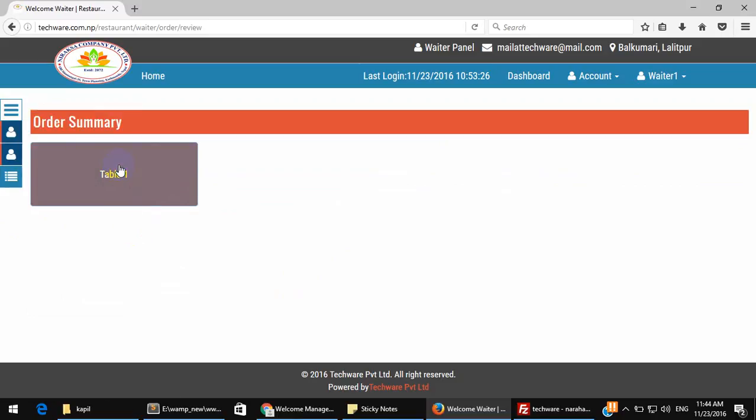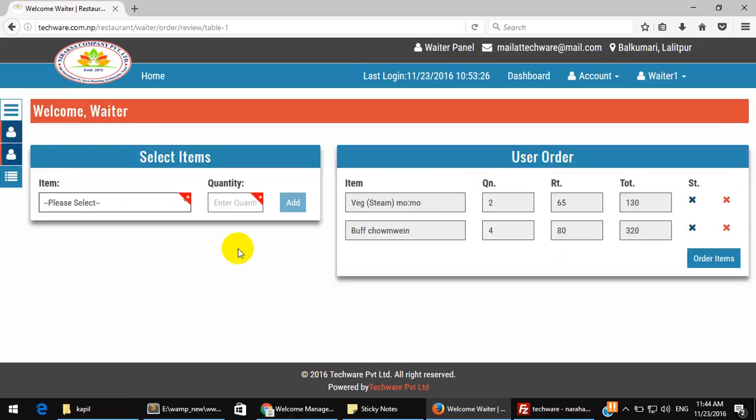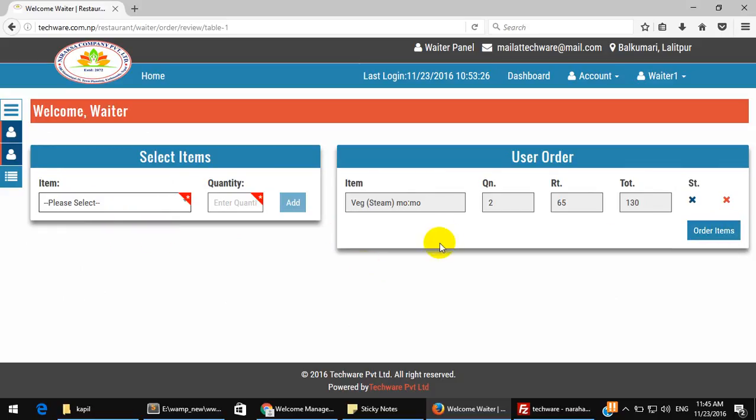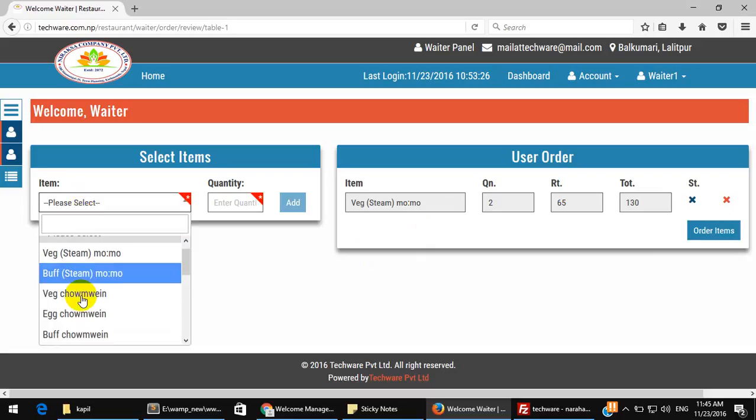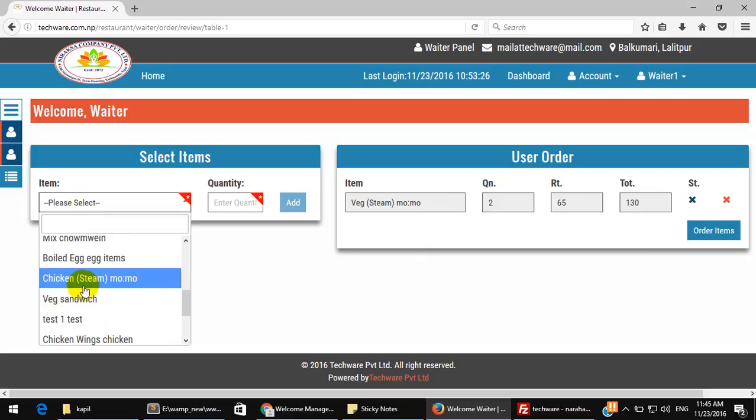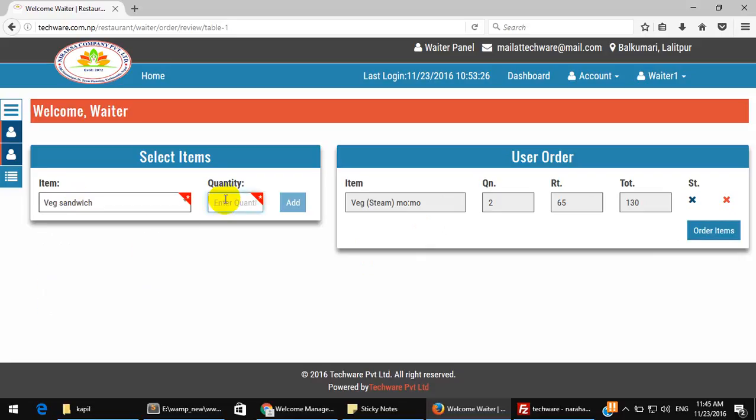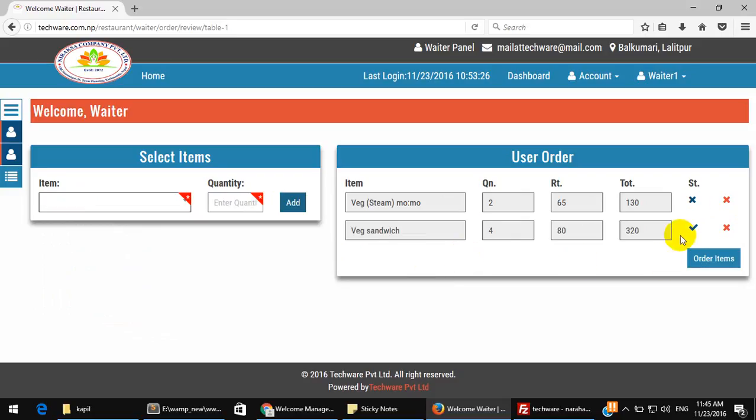We can review what the waiter has recently ordered on table 1. Now you can review, and if someone wants to remove an item, it can be removed from here, or if someone adds any other item, you can add it from here also. Now let me order these items.